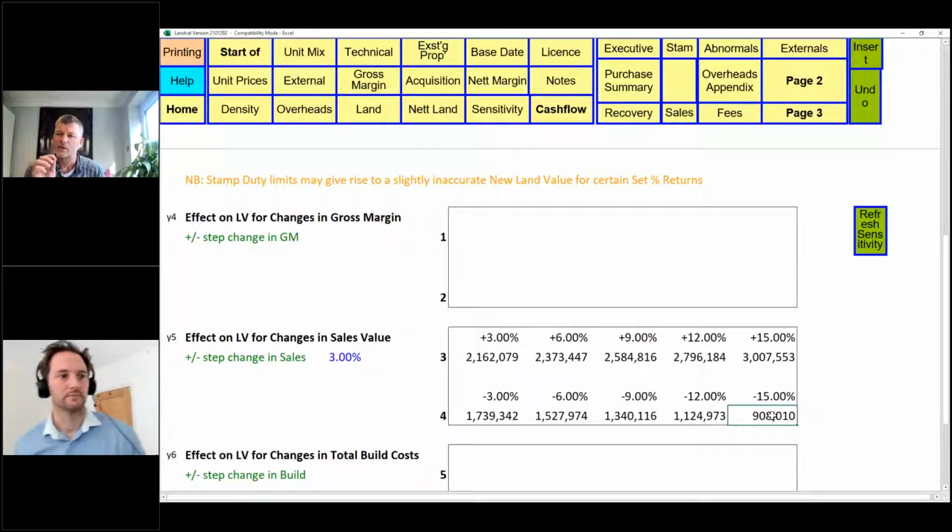And this is where the private sector get in trouble, where the sales prices start dropping and their land banking starts falling away. And then they need to be propped up. So this is what we call the gearing effect. A small change in sales value has a disproportionate effect on your bottom line. And you can see that quite nicely on here.